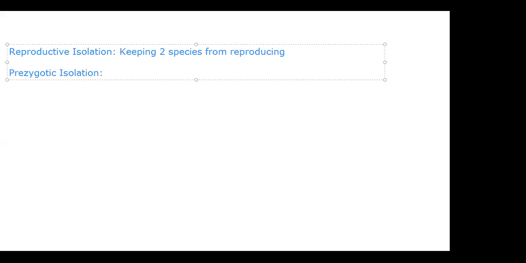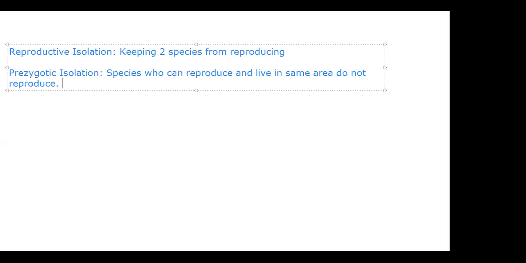This is where species who can reproduce and live in the same area do not reproduce. These would be things like the eastern and western meadowlark